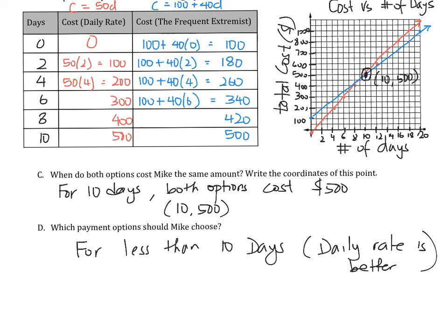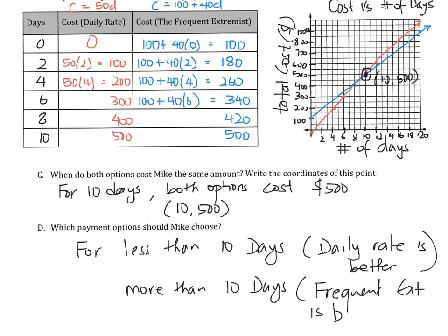Whereas if you are going for more than 10 days, that's when your second plan, the frequent extremist, becomes better because that cost is lower than the daily rate. So frequent extremist is the better choice. So if you can see, I have been very specific with the number. You have to mention the numbers when we are answering questions like